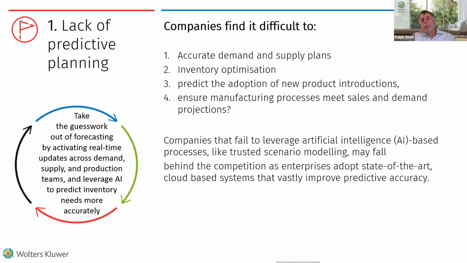The other things that predictive planning can do is when you introduce a new product. So you can say, okay, this product B is going to replace product A. And so you can actually link them together and then say, okay, the history of A is going to come across to B. And that gives you a good starting point to see what's going to be happening in the future with that product and what you think you might need to produce and how you're actually going to achieve the details or the supply of that product.